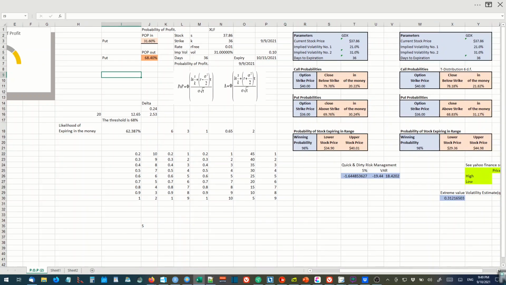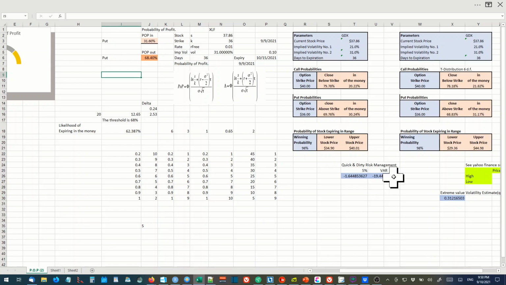The implied volatility is about 21%, which I put on the call, but I'm using the extreme volatility measure here for the put because I'm a risk management freak and I'd rather have the worst case scenario. Now that's a quick and dirty worst case scenario. That's a statistically derived VAR estimate. It's not an empirically derived CVAR or extreme value estimate. I'm not sure what the empirically derived estimate is, but you know that you can lose almost half your value in one single day. I assume that that's pretty extreme.